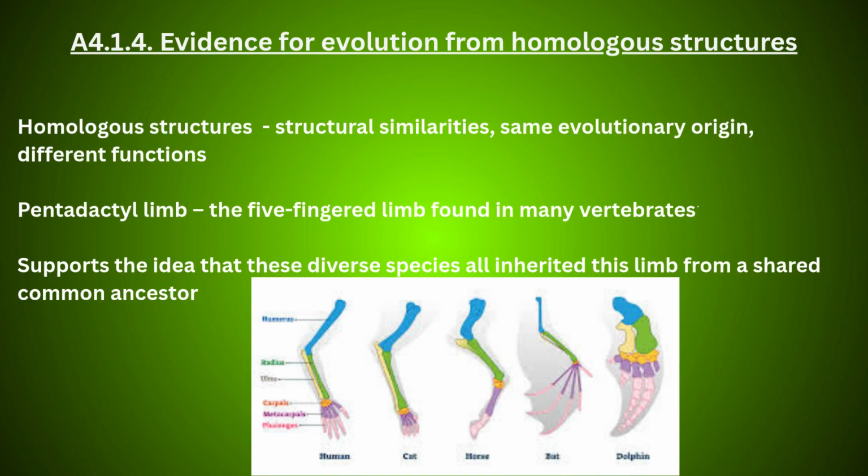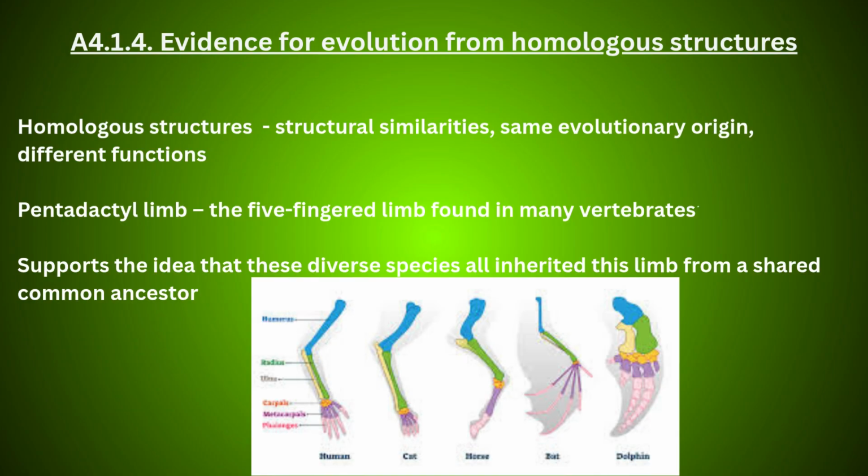A classic example of it is the pentadactyl limb, the five-fingered limb found in many vertebrates, including humans, bats, whales, and birds. While a human uses their arm to grasp, a bat uses its wing for flight, and a whale uses its flipper for swimming. A closer examination reveals the same basic bone structure. The structural similarity, despite different functions, strongly supports the idea that the diverse species all inherited this limb from a